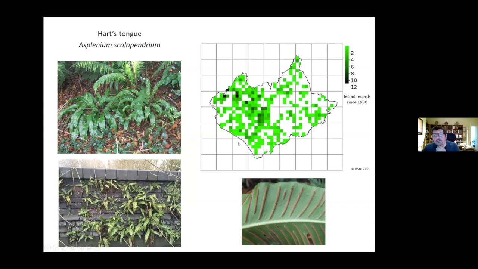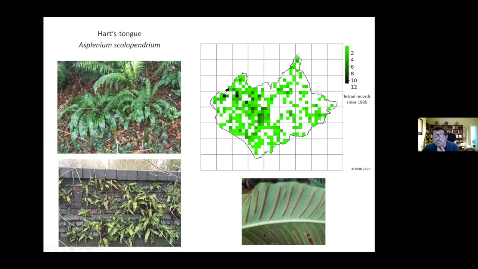And this is its main distribution. Again, quite common in Charnwood, but look, this is the urban area. This is Leicester City going up through Birstall. There's a lot of records for it there. And then this is Hinckley, Sapcote, Burbage. And this is the A6 and the Grand Union Canal. And this is over in Rutland, where we have a lot of villages with stone walls. So what this is telling us is it's fairly well distributed, but it does have a bit of